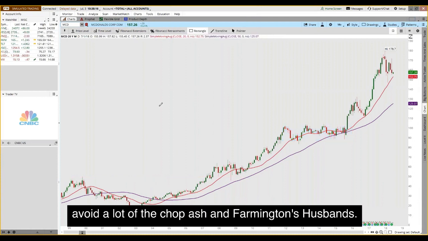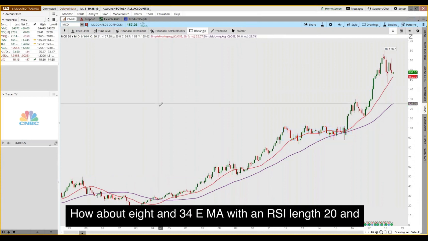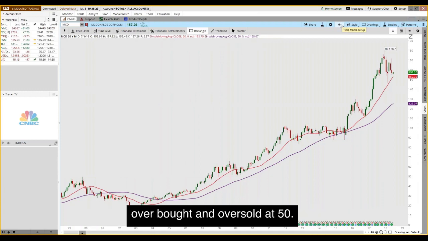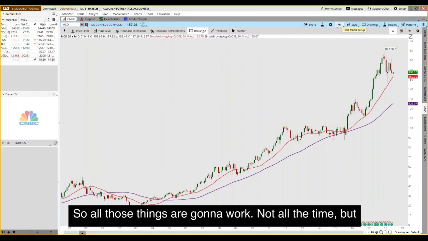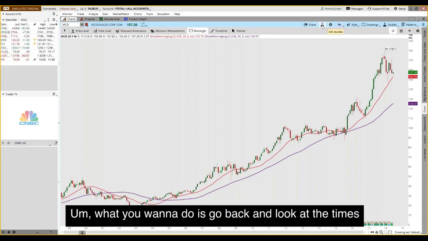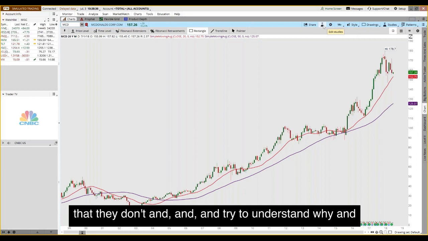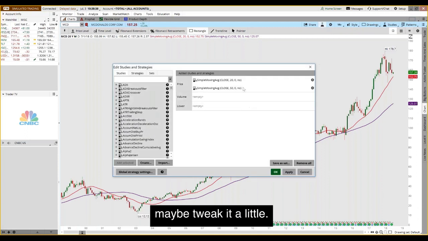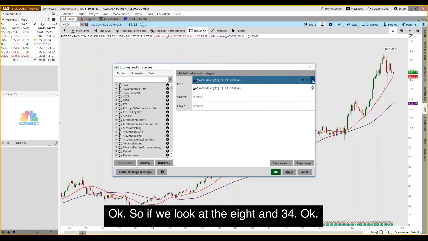Ash in Farmington says, Vince, how about 8 and 34 EMA with an RSI length 20 and overbought and oversold at 50? So all those things are going to work. Not all the time, but they will work. What you want to do is go back and look at the times that they don't and try to understand why and maybe tweak it a little. Okay, so if we look at the 8 and 34,